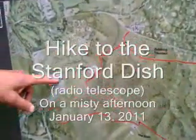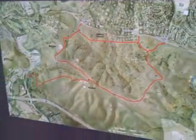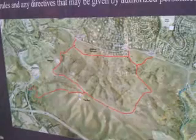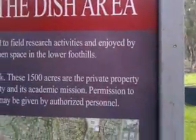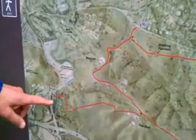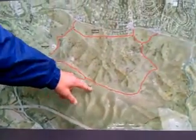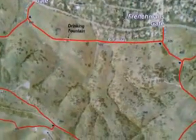This is a video taken in the Stanford Hills behind the university campus on a misty afternoon, Wednesday, January 13th. My friend Carl Essex and I were hiking together, and Carl is here pointing on the map the route that begins there at the map and goes up to the dish, as it's commonly called, a radio telescope at the